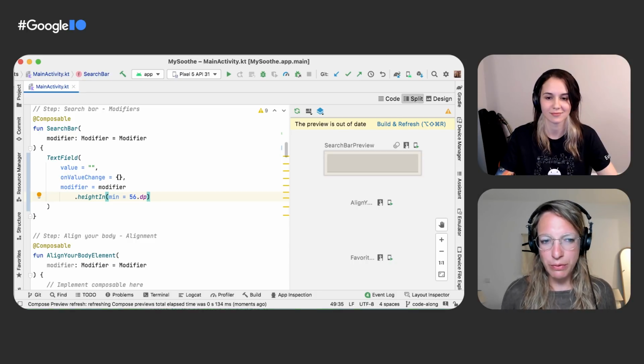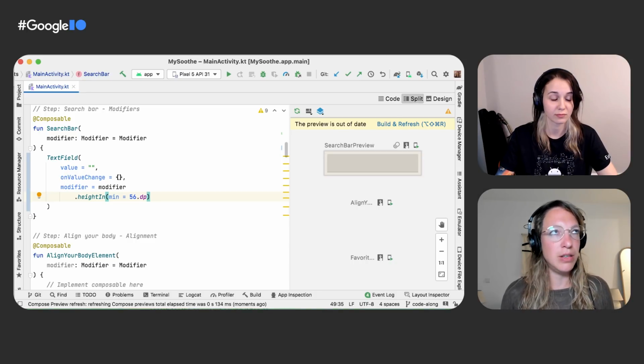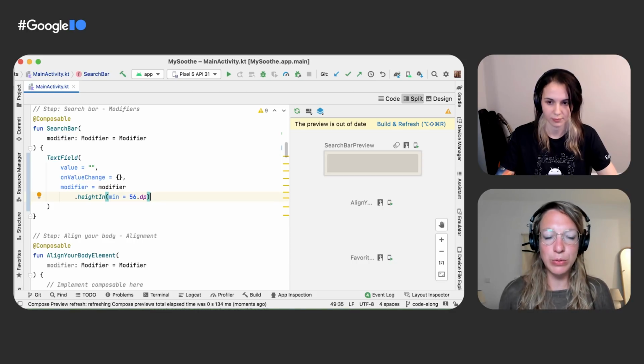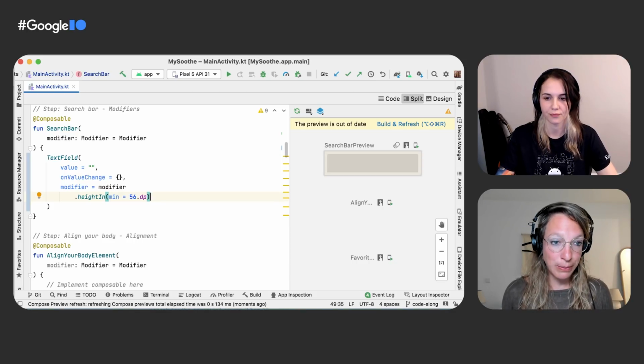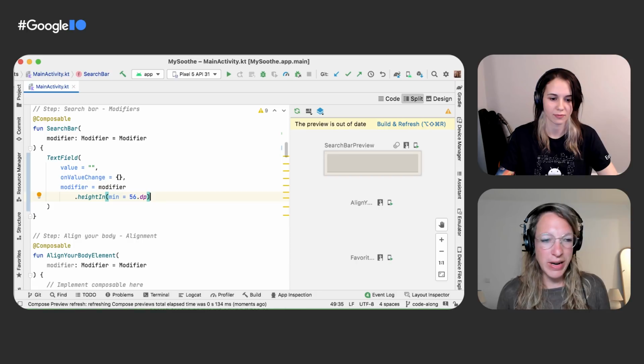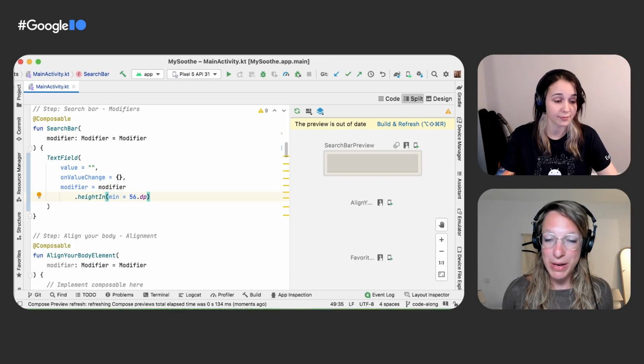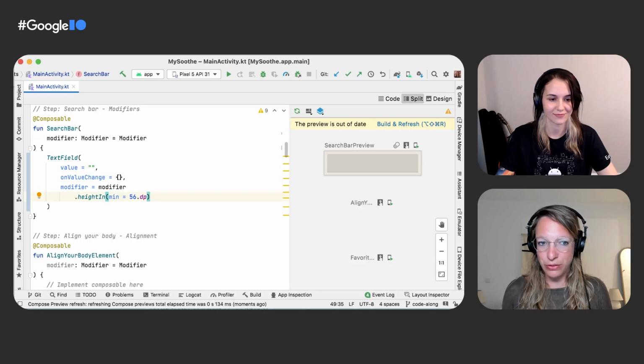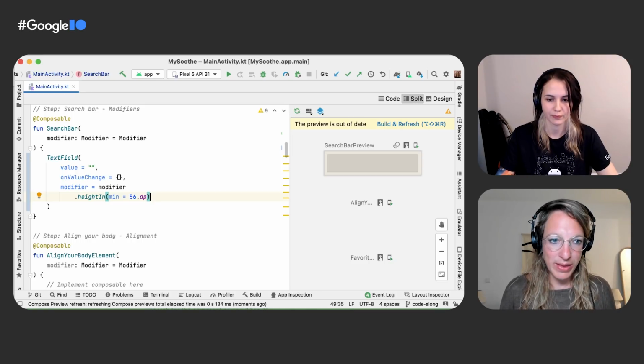And the reason for allowing that is that it is possible for users to choose a bigger font in their system settings, which will increase the font size throughout all of their apps. So in order to support that behavior, when we give it a minimum size, we make sure that if that font size grows, then this composable will grow with it.